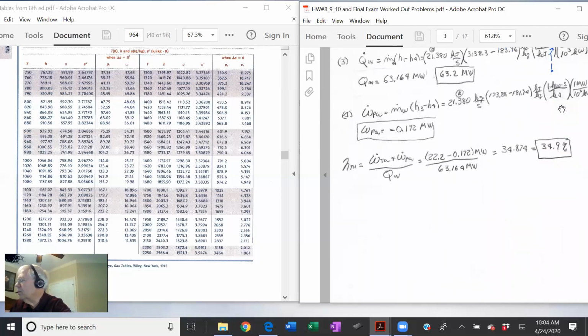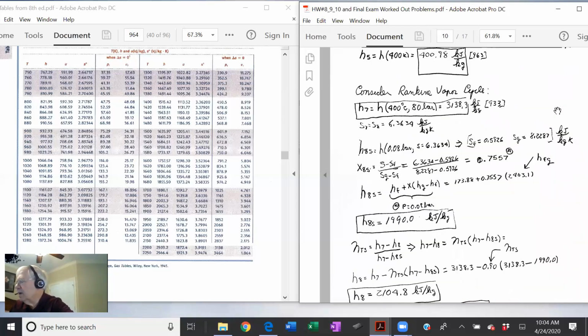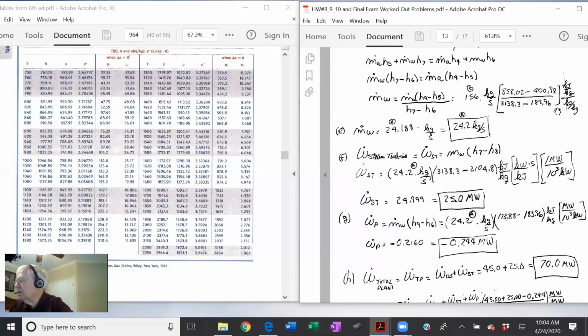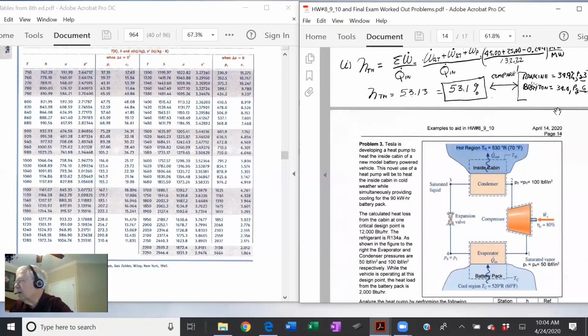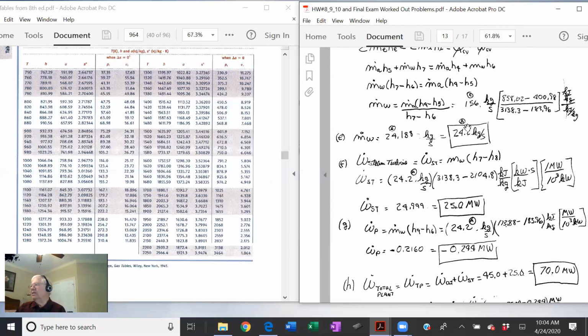So 21.4 kilograms per second on the Rankine cycle alone. And then when I put them together, I tried to get them to come out the same, but I got a little bit of difference, like 10% difference. But anyway, if you go through the rest of the calculations,